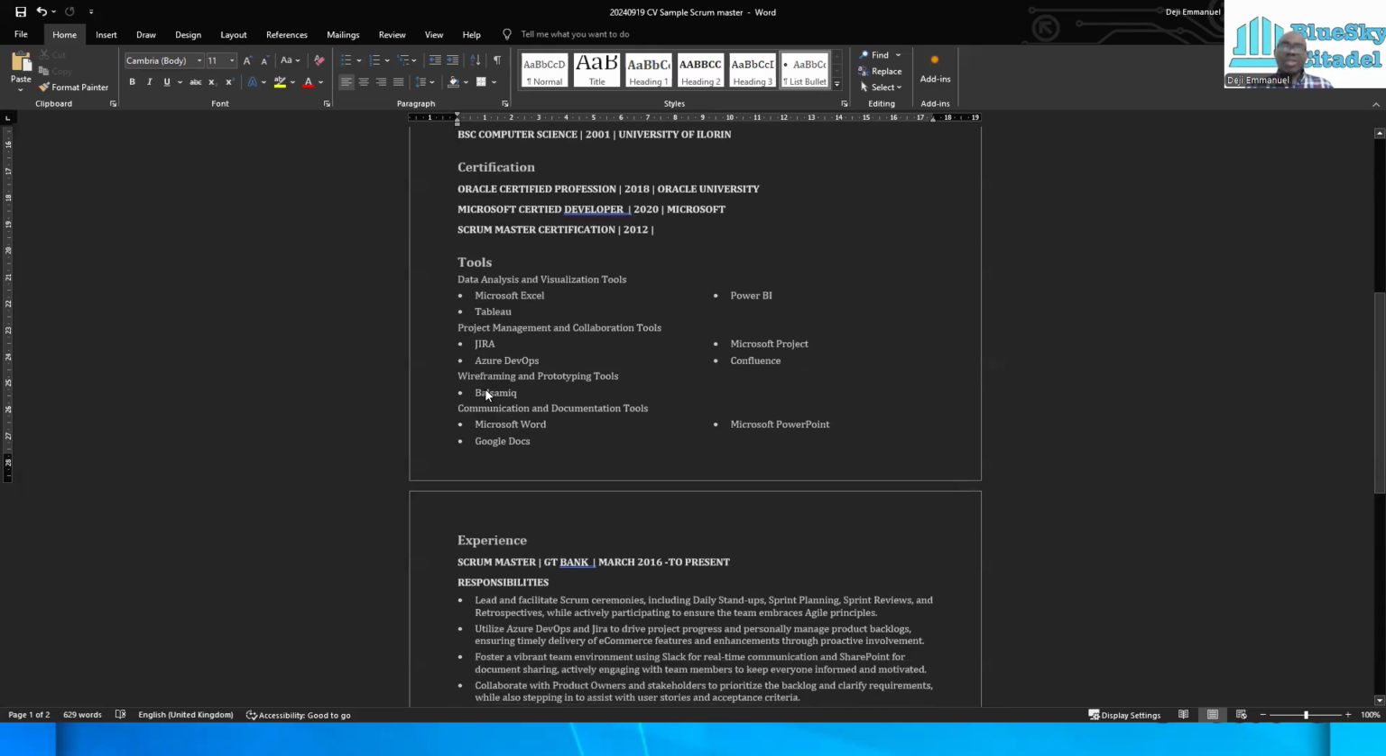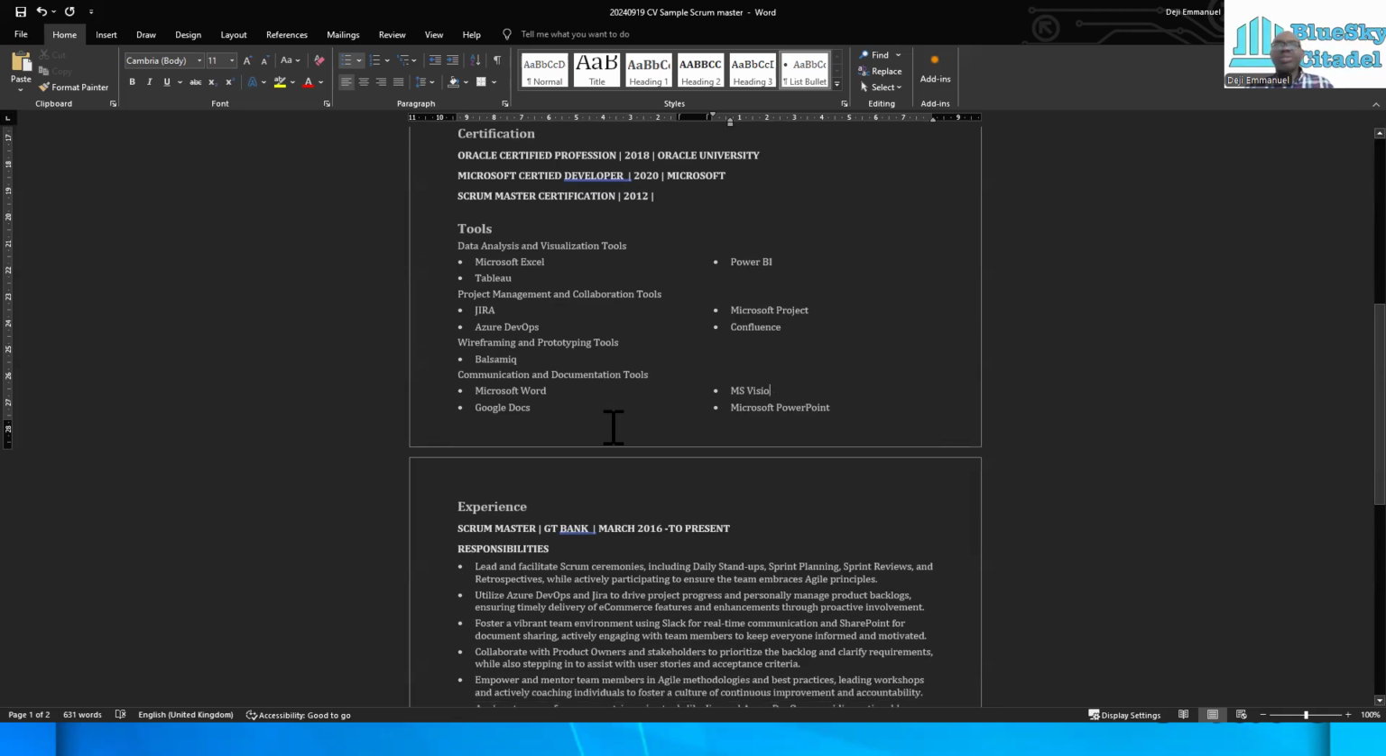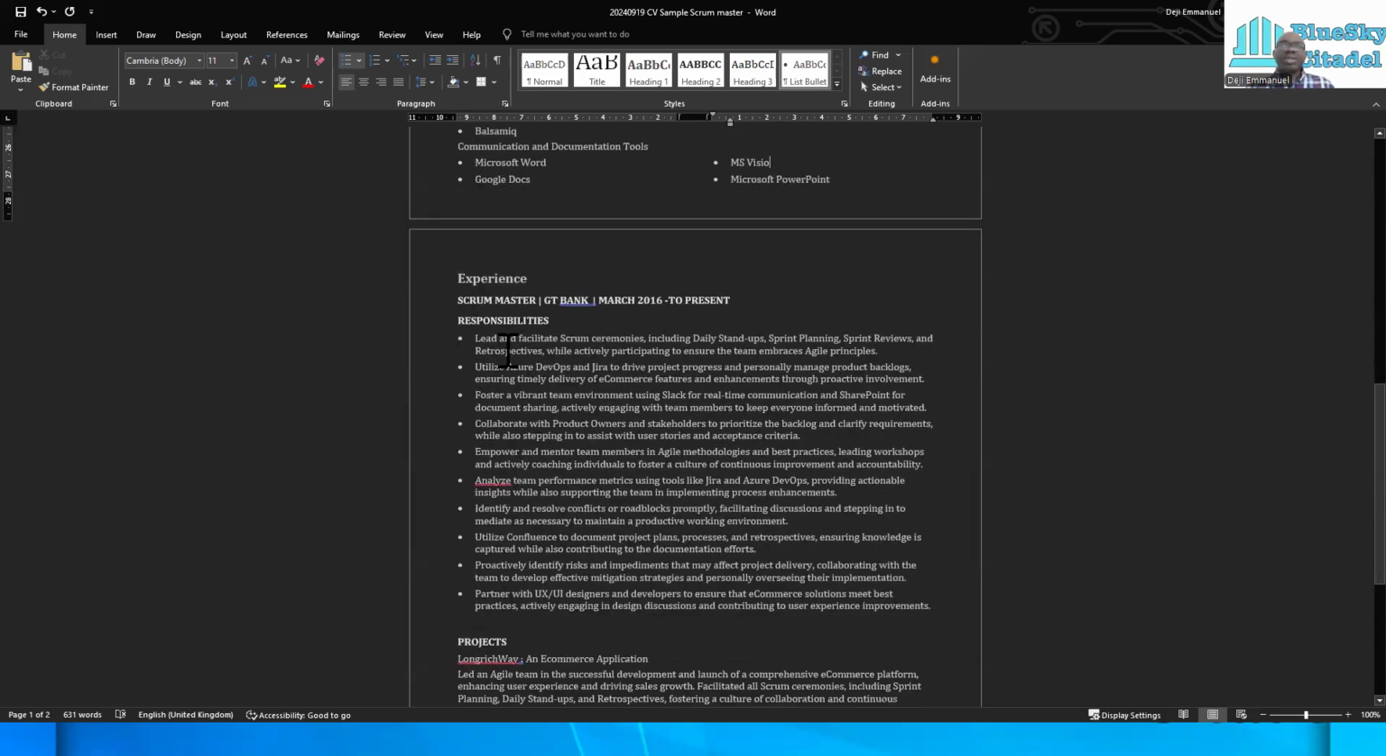Then wireframe, Balsamiq, of course, you are going to use that. And one thing that is missing will be Visio, right? So Microsoft implements Visio. So that's another thing that you would also be exposed to as well. So yeah, now going to the experience, we are going to do the same thing for that as well. So let's go to